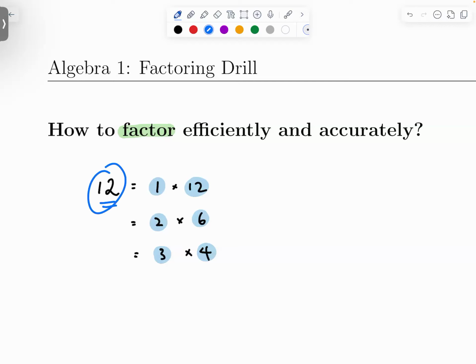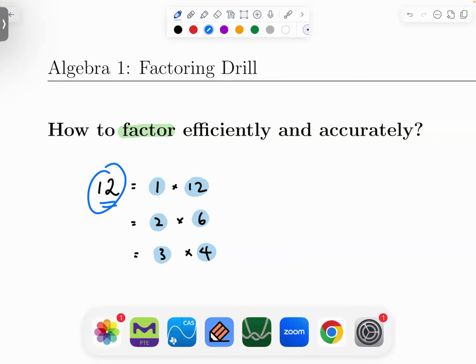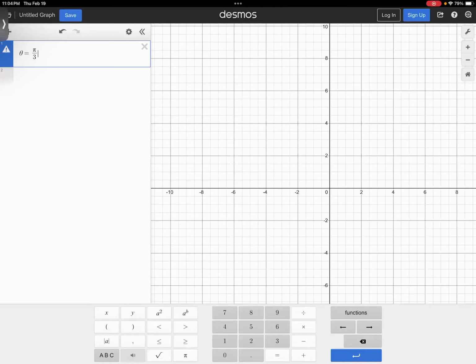Now, it's kind of boring, right? You don't really see the point of factoring until you see its utility. So I want to show you something: why are we doing factoring? Let me bring you to Desmos. What's going to happen is this: I'm going to type in y equals